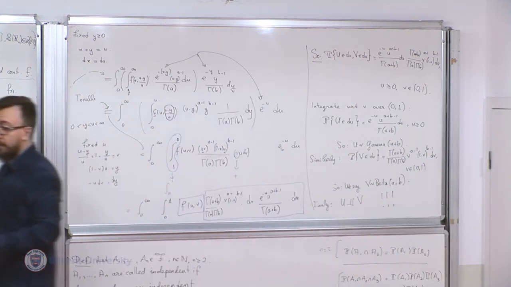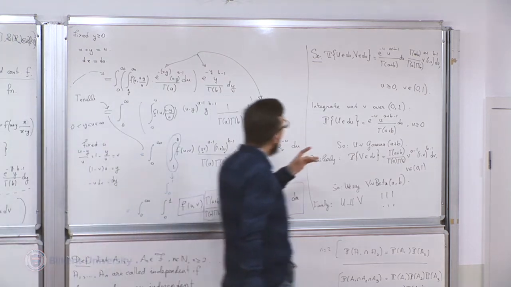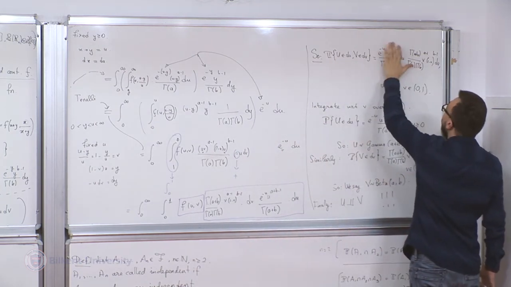And that is extremely surprising because you have x plus y and x over x plus y. So if you have just, let's say, sine of x times y and cosine of x times y, you would say for sure they are not independent because you have x appearing in both random variables and y appearing in both random variables. So this is kind of a special case that you have a function of x and y, another function of x and y, and they happen to be independent.